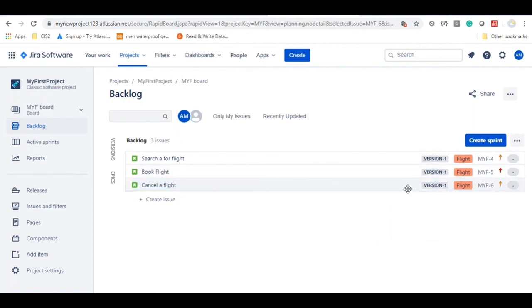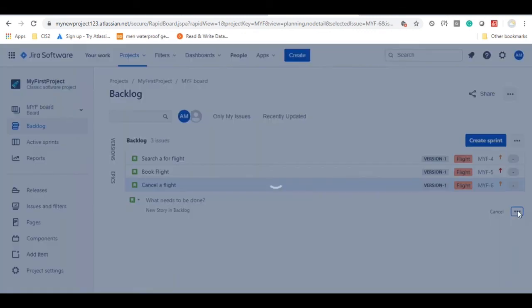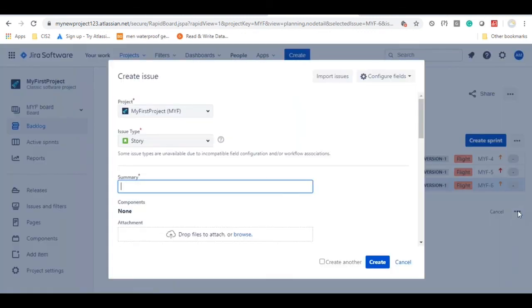and flight module. So now I will also create a few more requirements or user stories for the hotels module as well, so that I can show you easily how we can filter based on the versions, based on the modules and epics. So click on create again. Search for a hotel.